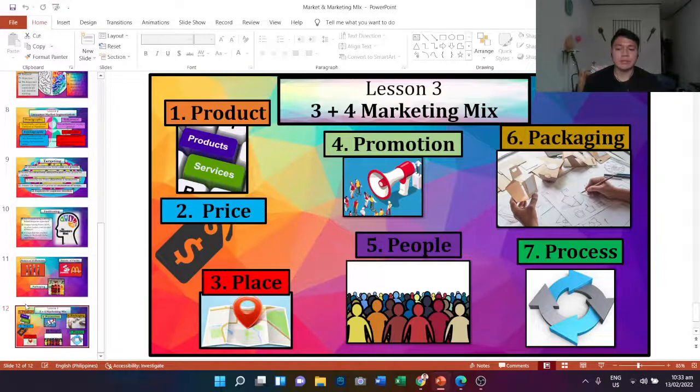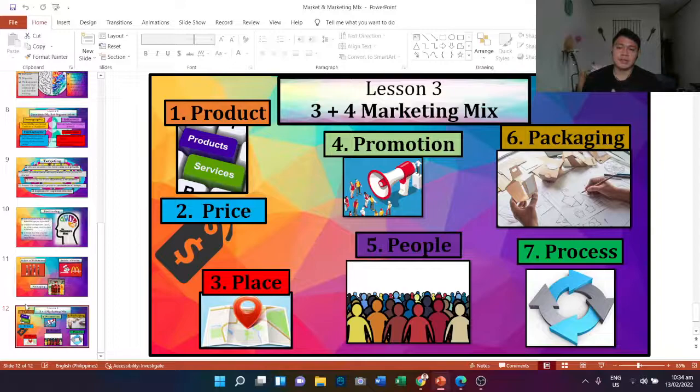What you made in your business plan was still the four P's. We were referring to the old process in which there were only four P's at that time, but it was later added with three new P's. That's why it's a 3 plus 4 marketing mix. So we have four marketing mix added with three. Now we have 7 P's in marketing.